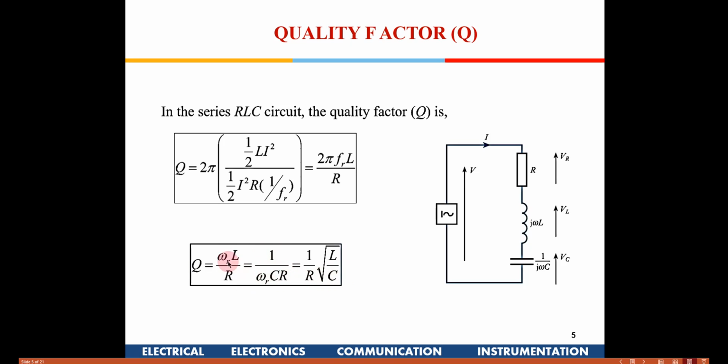And if you don't want to write in terms of the resonant frequency, just merely in terms of R, L and C, then you can use this formula. So the Q can be either written with the help of L and R and the resonating frequency, or R and C and the resonating frequency. Again, the resonating frequency is a function of L and C, that we know, or merely in terms of R, L and C. So this is how we define the quality factor for this series circuit.